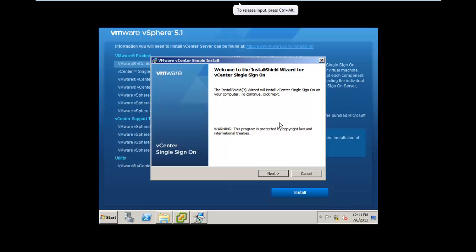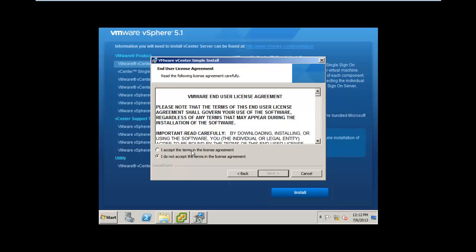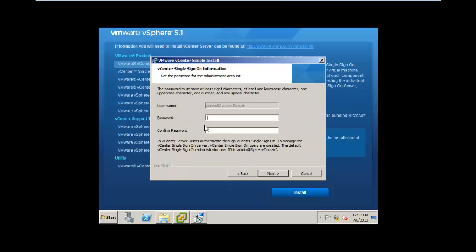Okay, as soon as the screen appears, just click on next and next, accept the terms, next. Here you have to type the password of the administrator account of your domain controller. As you can see here, administrator account at system domain. As we saw before, our domain controller is called a.net, and I type the password of the administrator account